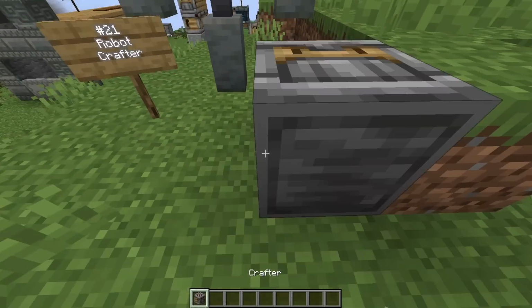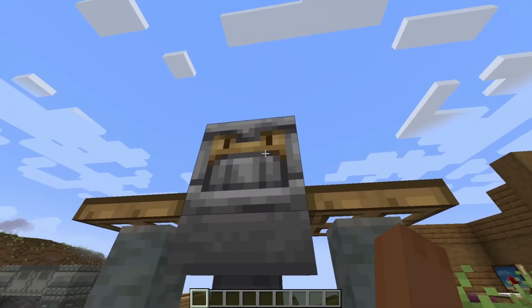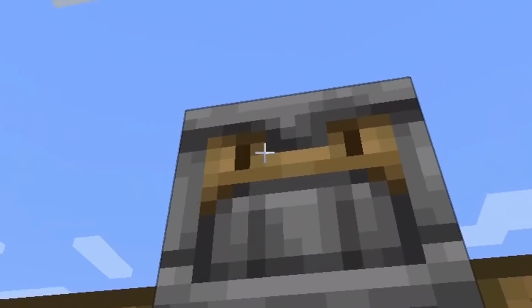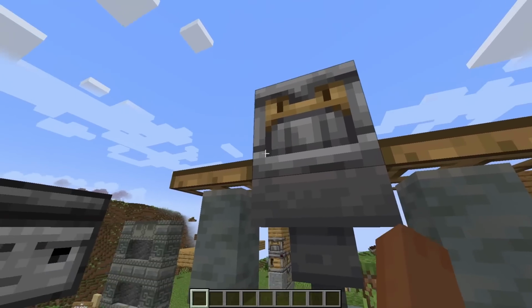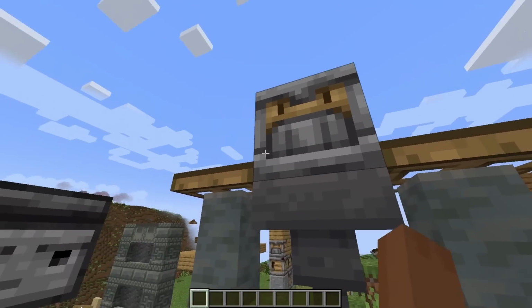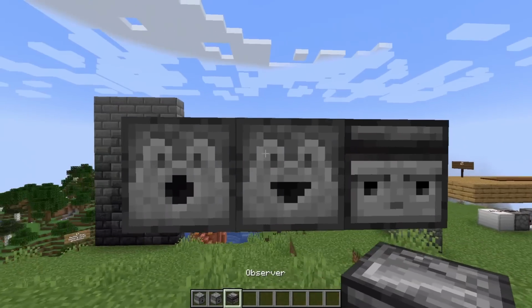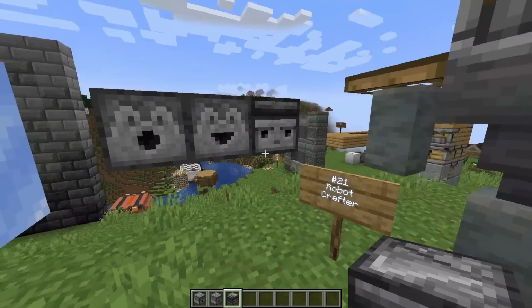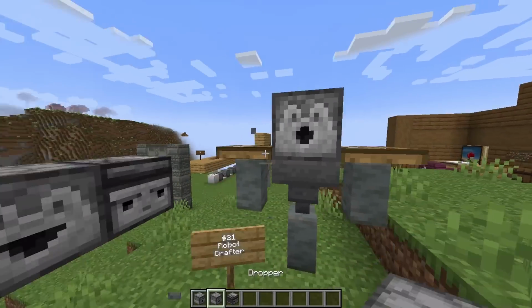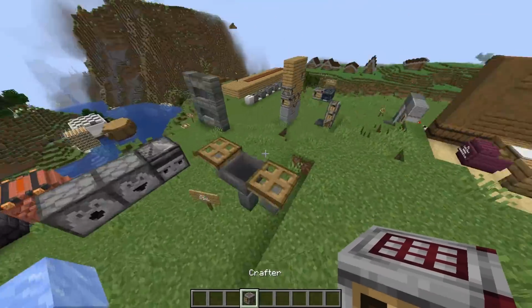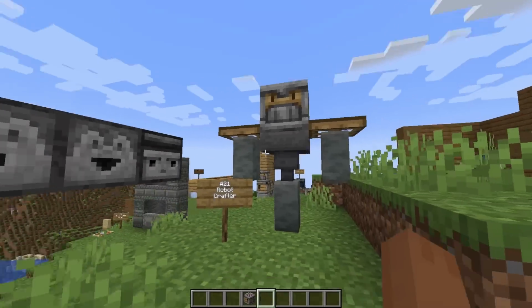The crafter kind of looks like a face. Look at that. And tell me that doesn't look like a face. There's an eye right there, and an eye right there, and this is like a mouth. Or maybe it's a mustache. The dispenser, dropper, and the observer all look like faces, and so people have used these before for robots. So what you can do is use the crafter as another little robot face. But that was